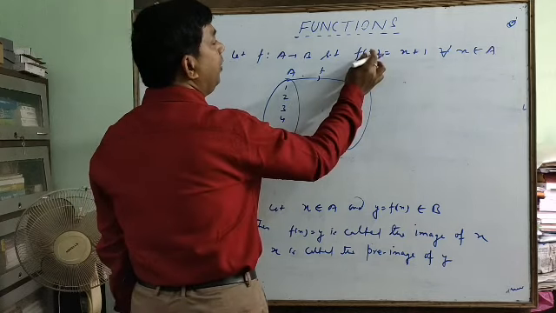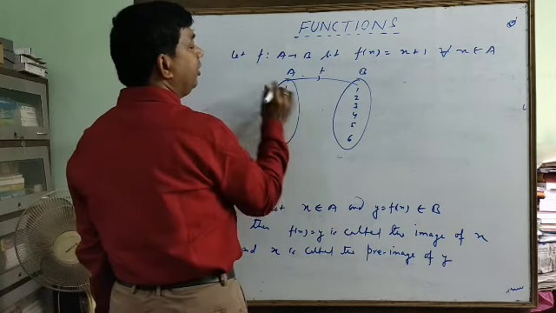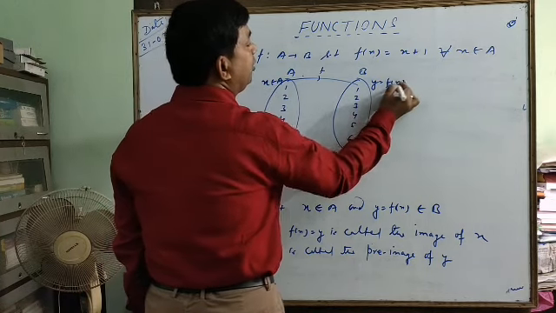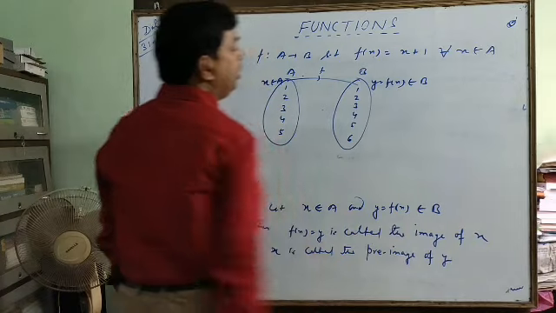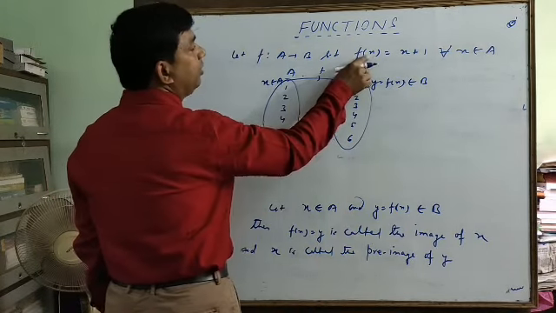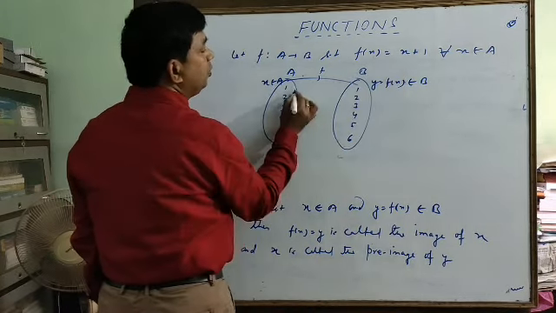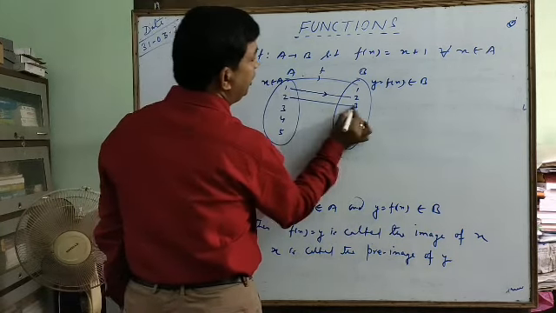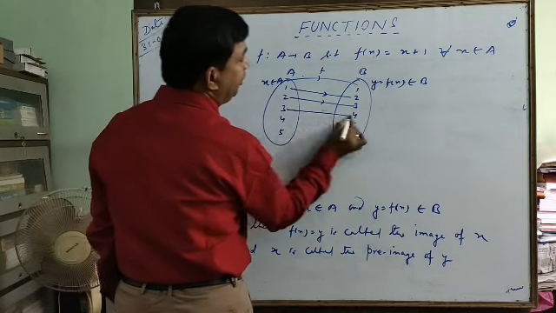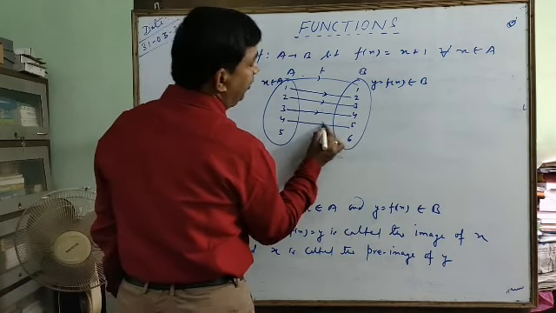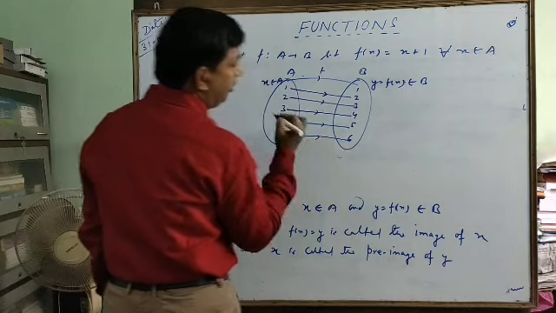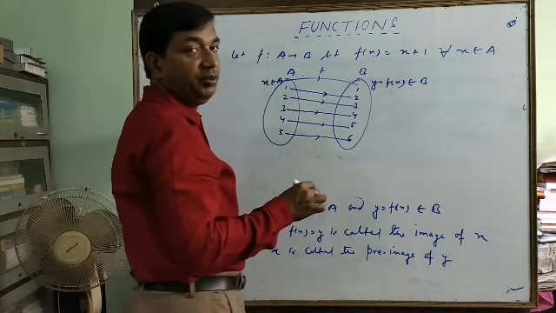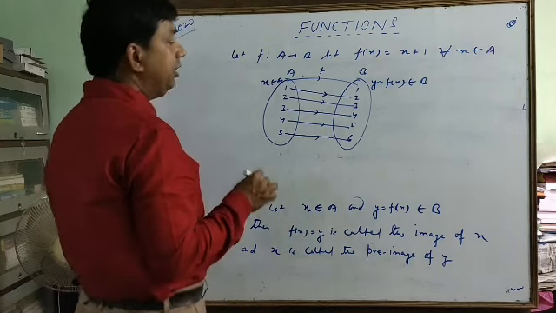Here x belongs to A, and y equal to f(x), which is called the image, belongs to B. When I take x as 1, then 1 plus 1 is 2, so 1 is related to 2. When you substitute 2, 2 is related to 3, 3 to 4, 4 to 5, 5 to 6. So here every element of A is uniquely associated with an element of B, and this satisfies